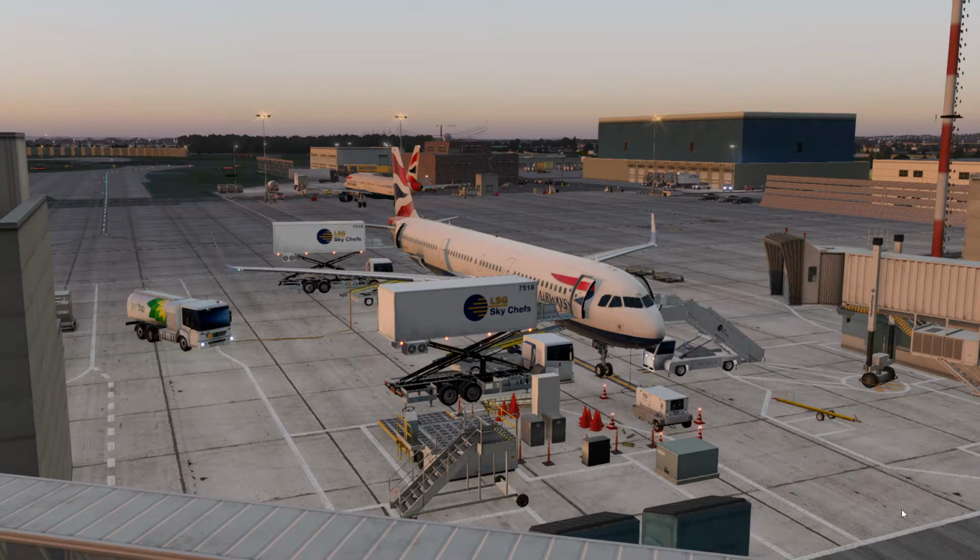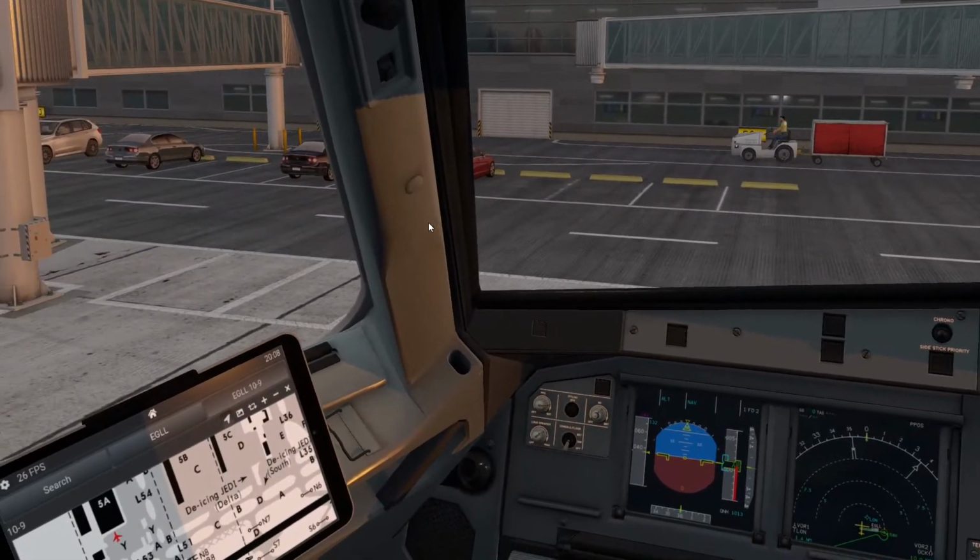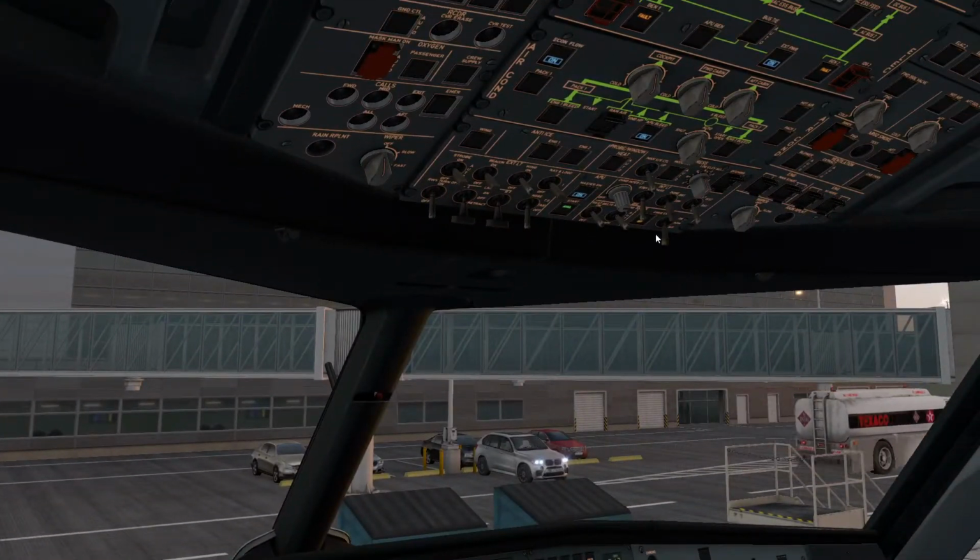We're going to go ahead here and get Pushback going. We're going to do an engine startup. We're going to get clearance to Pushback. What we're going to do is we're going to push back, and you guys can enjoy the engines on the Pushback. So yeah, enjoy the Pushback. Actually, I said we're going to enjoy the pushback, but actually, first of all, we need to go ahead and